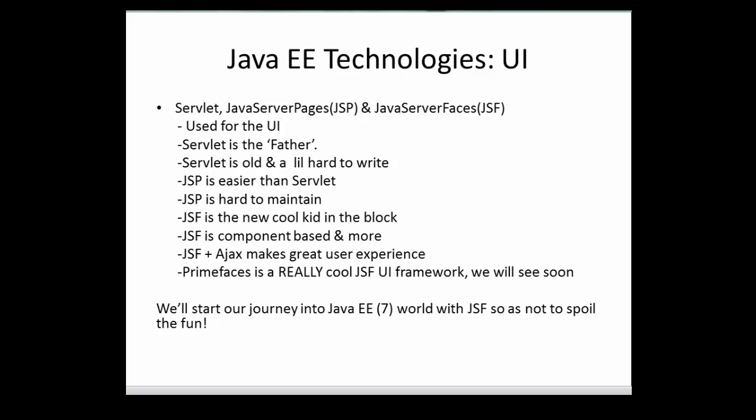So what are the technologies of Java EE 7 that we're going to be using in this tutorial? Okay, I didn't mention we're going to be building a very useful application at the end of the training, or we'll build it along as we go. By the end of the training, the application will be ready and it will be very useful. It's going to be a store management system, like a supermarket management system for them to manage the day-to-day activity of the supermarket, and it's going to be awesome. I promise it's going to be fun along the way.